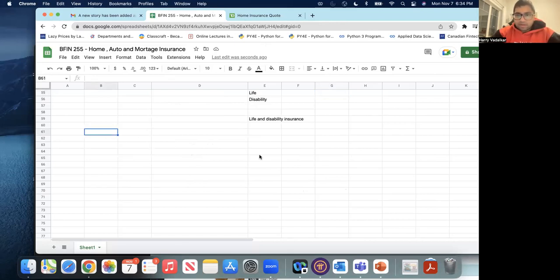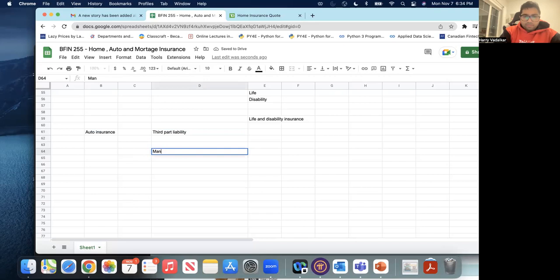Okay, the third key point is auto insurance. Now what is auto insurance? If you are having a car, driving it, then you are legally mandated to have auto insurance, like third party at least, and then you might get additional. So auto insurance is divided into two parts: third party liability, which is mandatory by law,